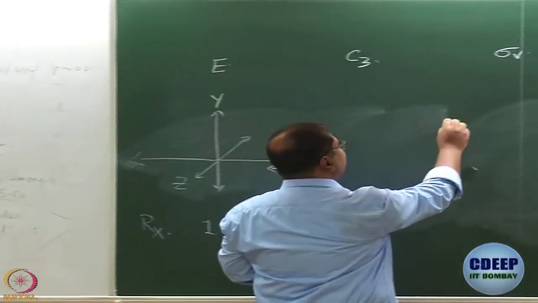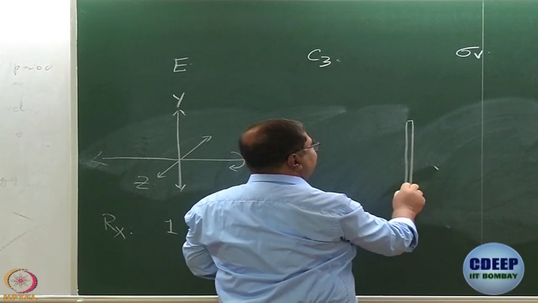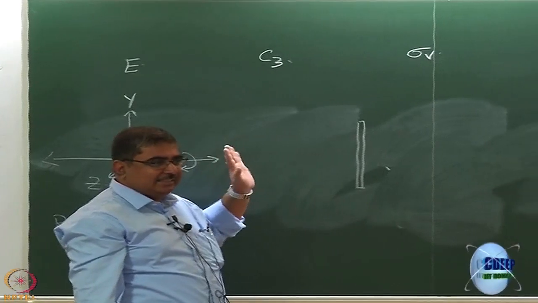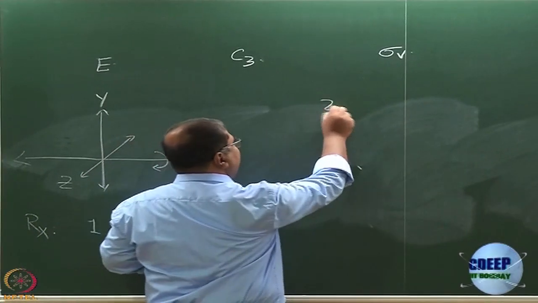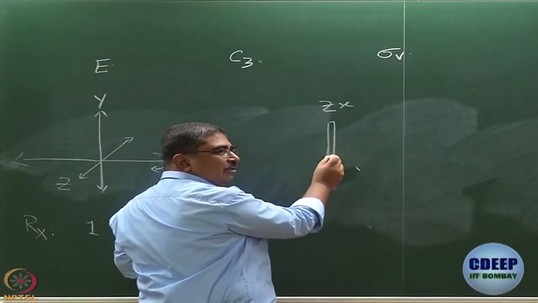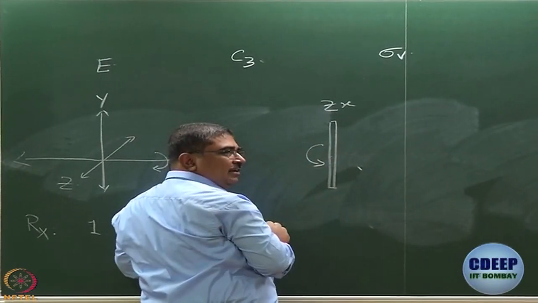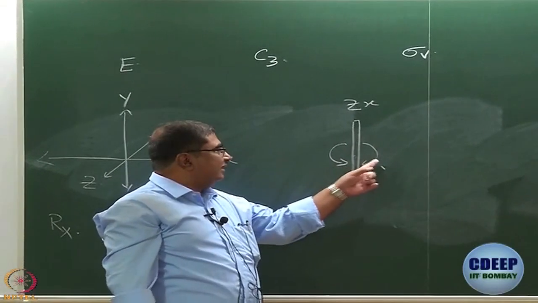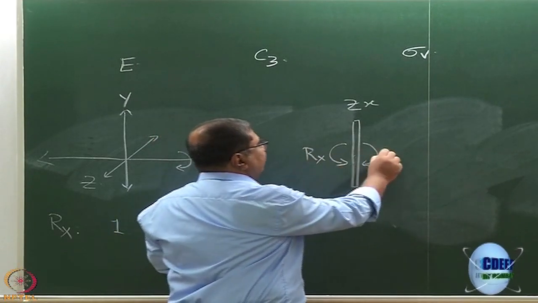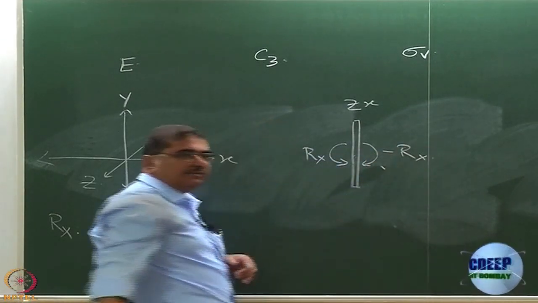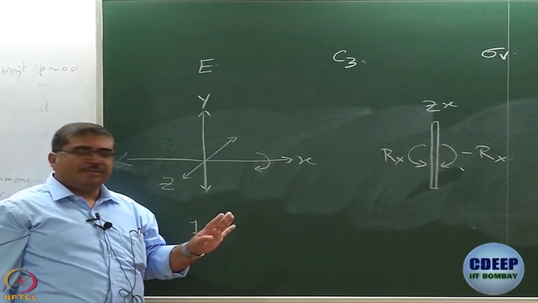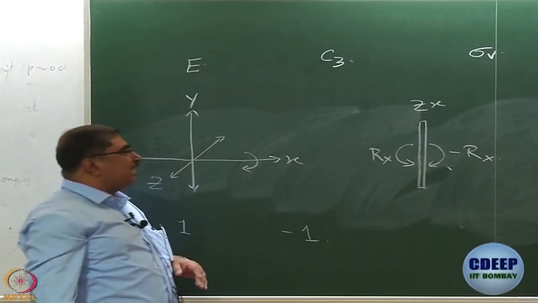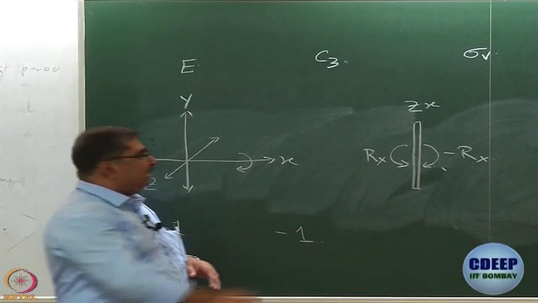I can draw it, this is my mirror plane, which plane is this? The way we have formulated the problem so far, it is Zx. So, x axis is somewhere here pointing out like this, this is the direction of rotation, what is the reflection? This, okay, and if this is Rx, this of course is minus Rx. Are we clear? So, for sigma v, the character is minus 1. What about sigma v dashed? What is sigma v dashed, remember? It is this plane.